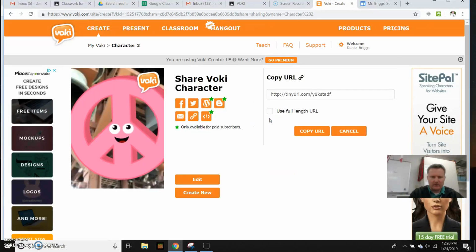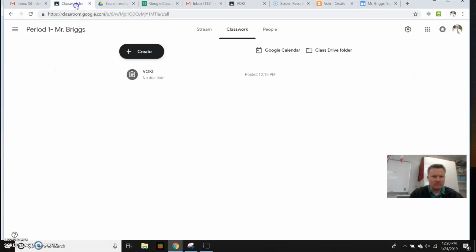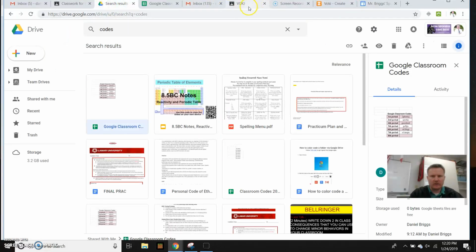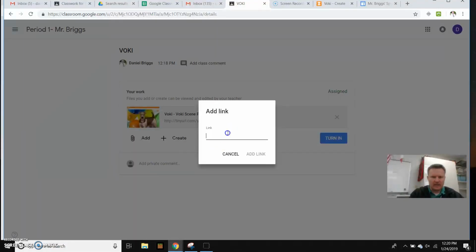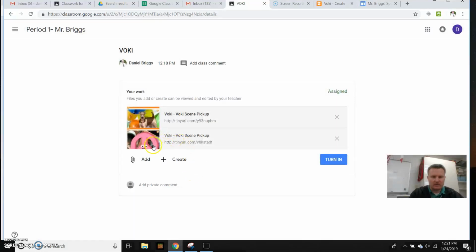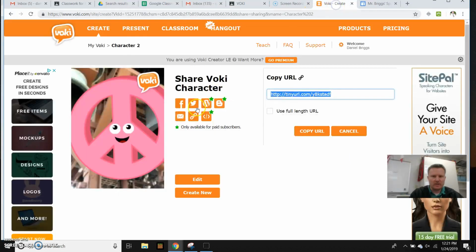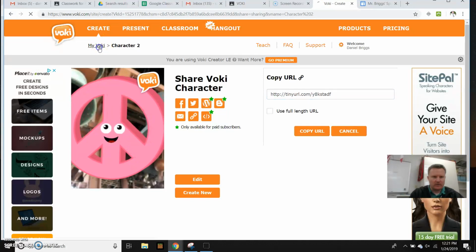Then you're going to go there, and then you're going to say copy again, and then you're going to go once again back. That's the wrong one. You're going to go back to the VOKI, and you're going to add a link, and you're going to paste that link in there. This gives me the ability to access your work once you've submitted this. And there's number 2 character, and I'm going to go back one more time to VOKI, and let's go to my VOKI up here,